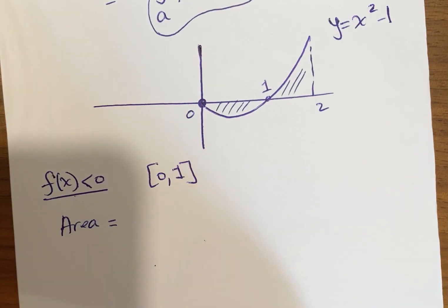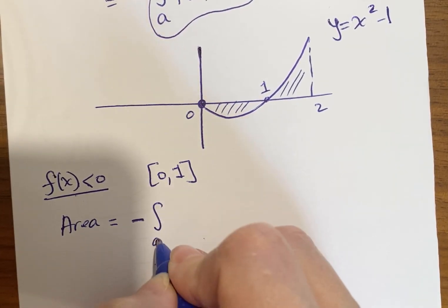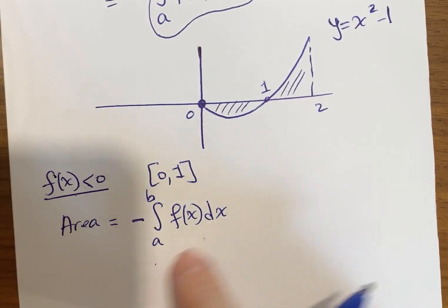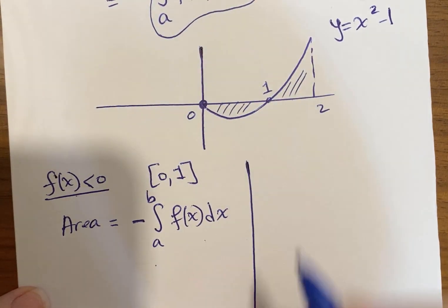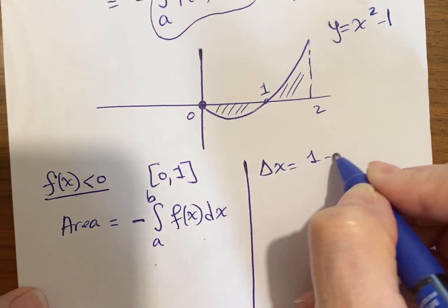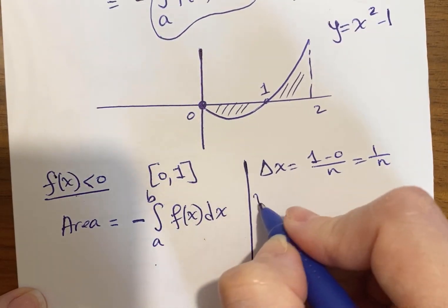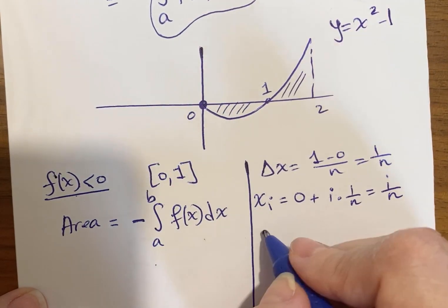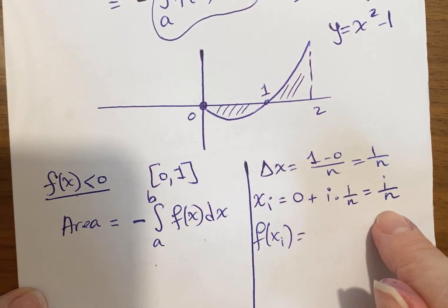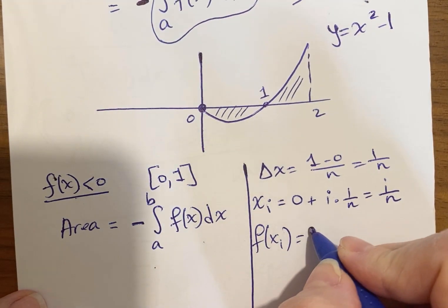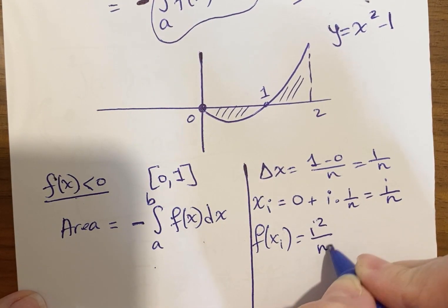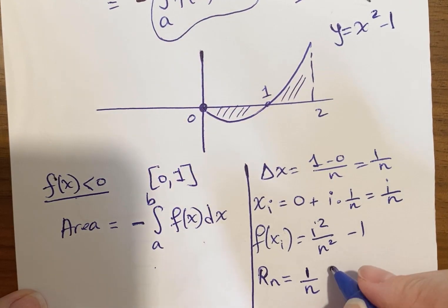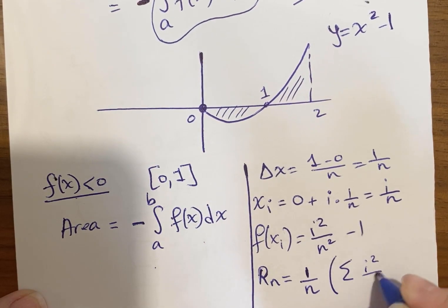What will the area be? The area will be minus the integral from A to B of f of x dx. And how do I get that integral? To get that integral, we have 5 steps. Delta x is 1 minus 0 over n, which is 1 over n. Xi is 0 plus i times delta x, so it's i over n. F of xi, you take this and substitute it inside the function, so you get i squared over n squared minus 1. Rn will be equal to delta x, which is 1 over n, multiplied by the summation